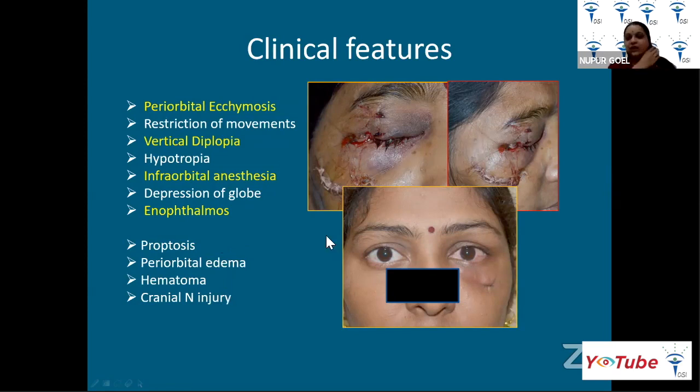So specifically, whenever you are examining a patient of orbital trauma, you have to look out for these things. You have to measure the enophthalmos with a Hertel's. You need to mention all these points, that there is no diplopia, no limitation of movement, no infraorbital anesthesia, no hypotropia, so we can say that clinically it's not suggestive of a fracture. Subcutaneous emphysema can also be one of the clinical features that needs to be mentioned, even if it's not there in your negative history, because it also becomes sort of medicolegal.